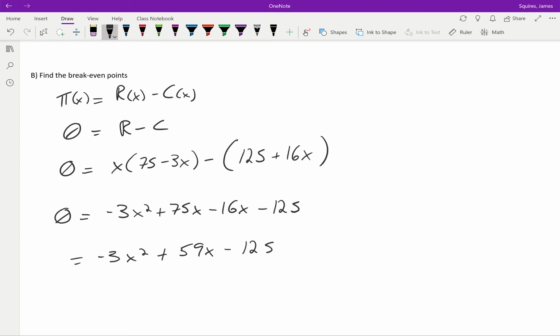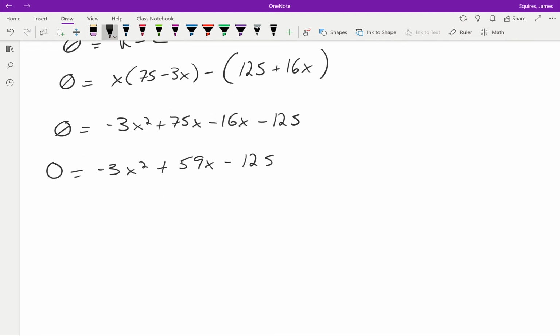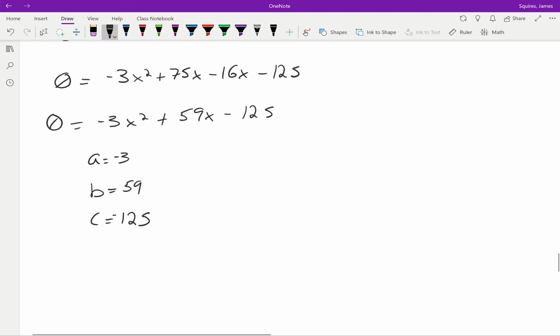And now this equals 0. This is kind of like what we started with in today's lecture. So we want to solve for where this equals 0. A equals minus 3, B equals 59, and C equals minus 125. And we can now plug this into